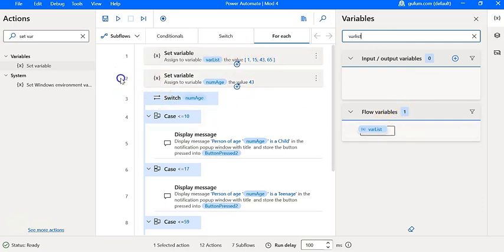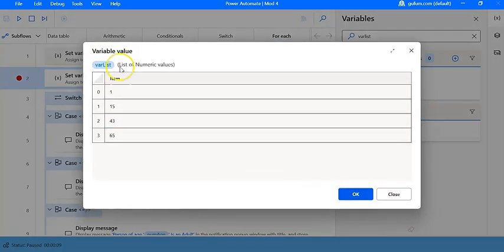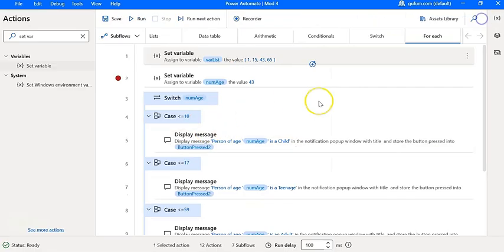Let's test it out by putting a breakpoint over here to see if we have created the list correctly so far. At least the variable pane shows fine. Can you see a list variable is created, a list of numeric values of different ages. Now what our plan is going to be is we will iterate. We are now working on the for each loop. We will iterate through this list using a for each loop, pass each of the ages to these cases and see what it displays and how it displays. I'll stop the flow,